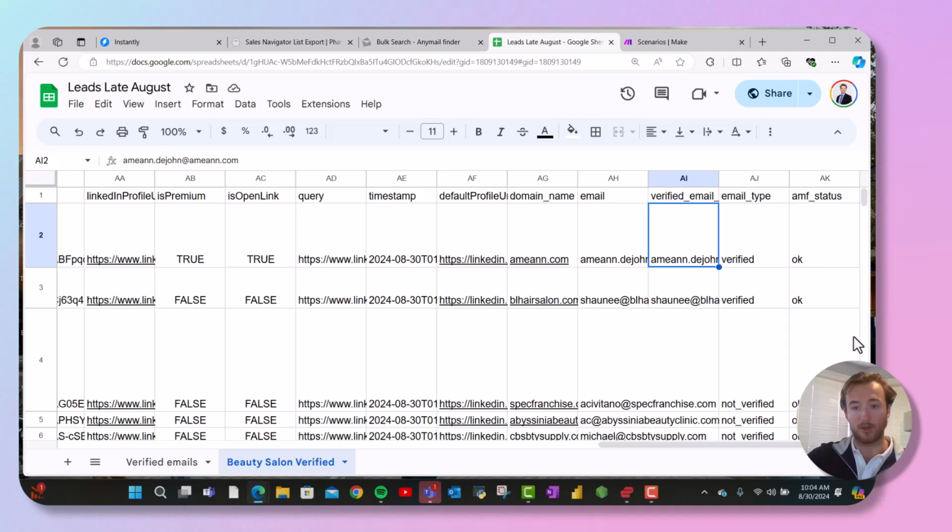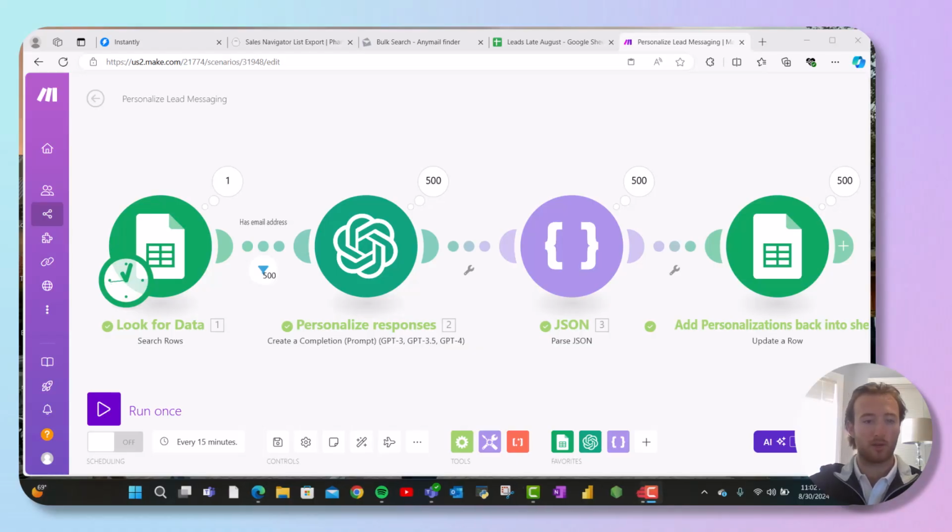So let's go through and make personalized outreach emails for each of these rows. All right, now what we're going to do is look at this workflow that I set up. So what this workflow does is it looks into your data pool that you just got with all the emails. It pulls out the user's email and a few other pieces of information such as their name, company, and the summary of their profile. And then from there it creates a personalized outreach response